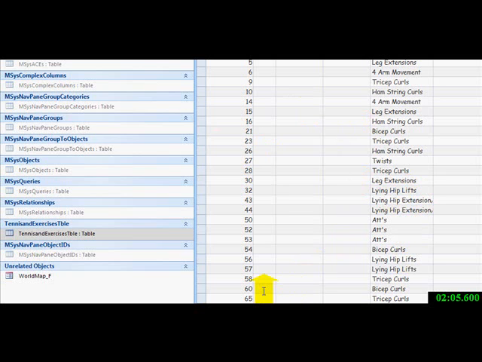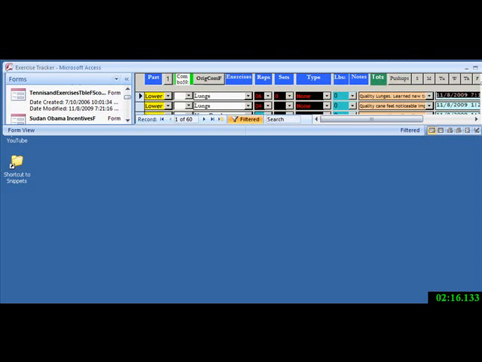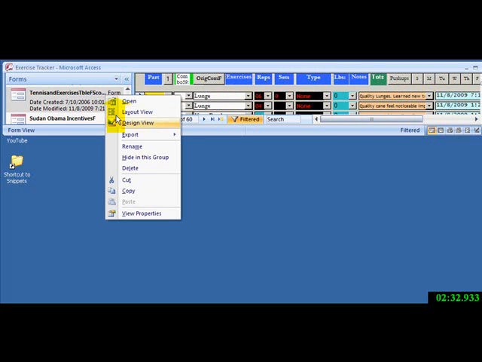Next step, I'm going to import or export a form from the old into the new. I will close this database again. This is the form that I used in the old database, my fitness form. As you can see, I was doing some quality lunges today on the 8th of November, and the form name is Tennis and Exercises Table Form. So I will export this now,